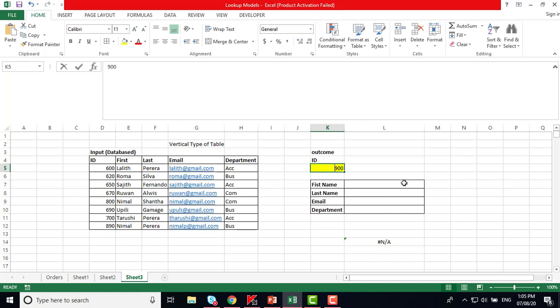So I will type 640 and not applicable. There's no number like that because he is searching for the numbers, right? 670, Ruan is there. Then 800, you can see the name is appearing. So though it is working, no problem is there whether you go by approximate value or the exact matching, right? So this is the situation whereby you can see the function is now extracting all the information.